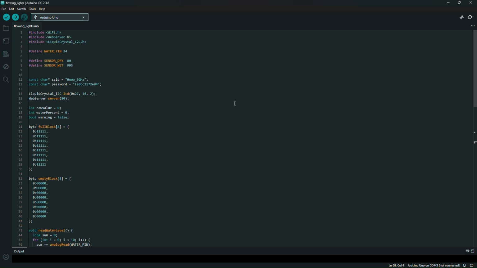Today I will present to you my activity, water detection using a Wi-Fi module. And here's the code.